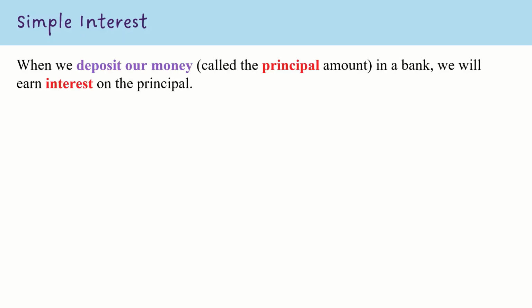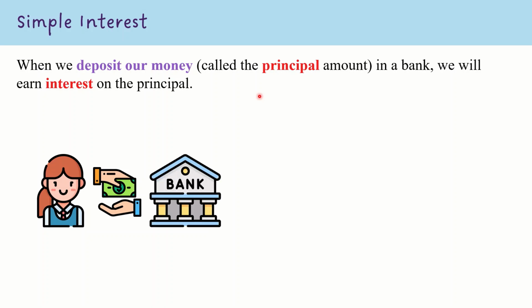Now, we will first take a look at simple interest. Simple interest happens in 2 basic scenarios. The first one is when we deposit our money. That is also called the principal amount. When we deposit into a bank, we will earn interest on the principal itself. So for instance, you put money into the bank and then you will receive some interest on top of the